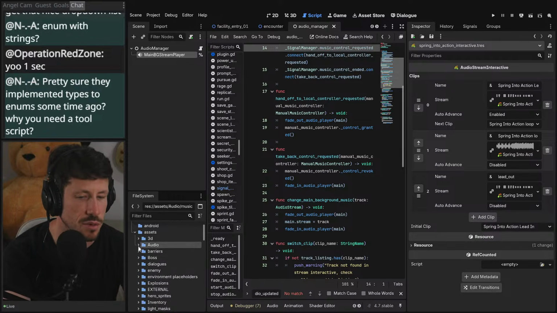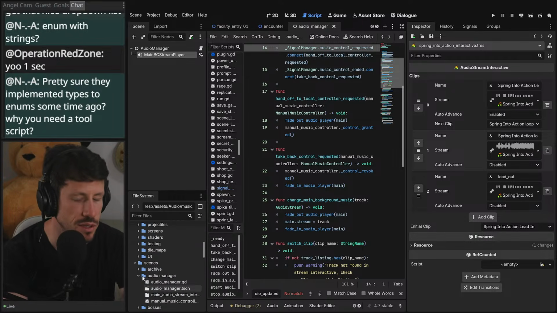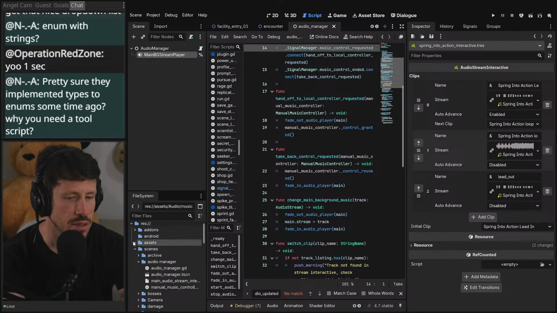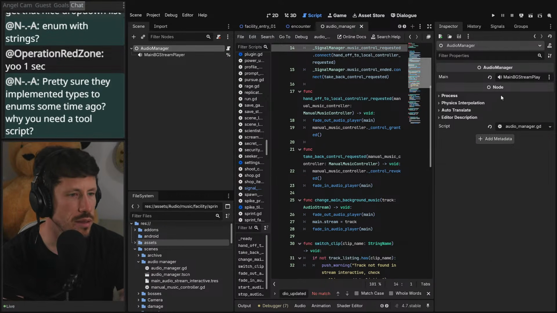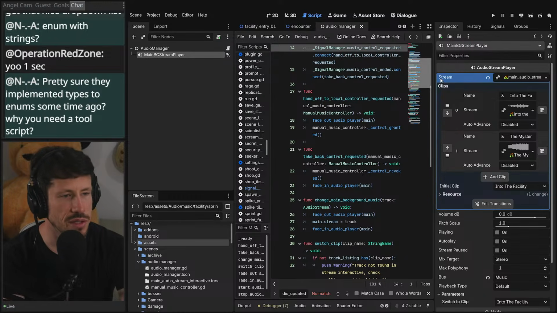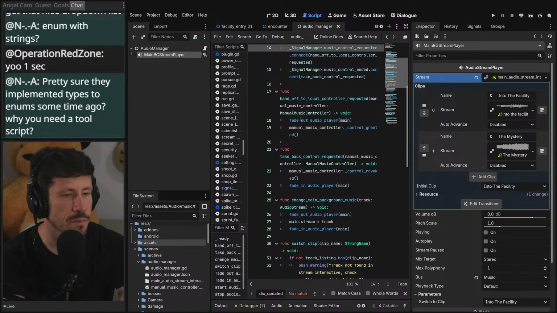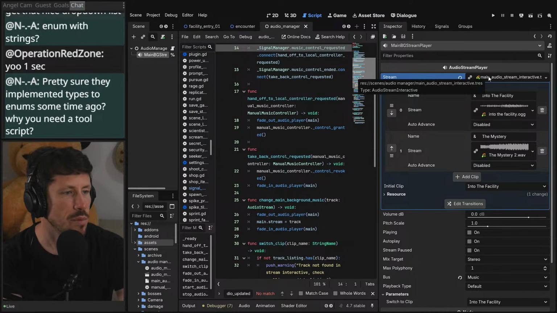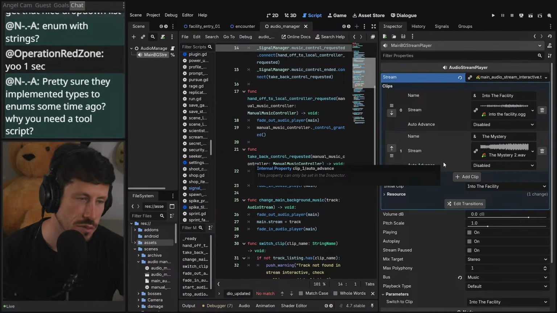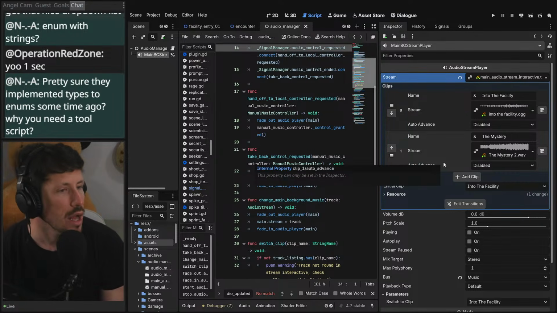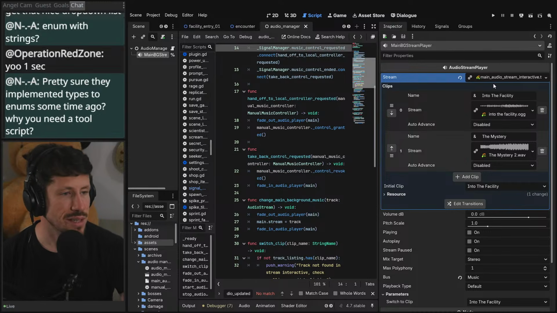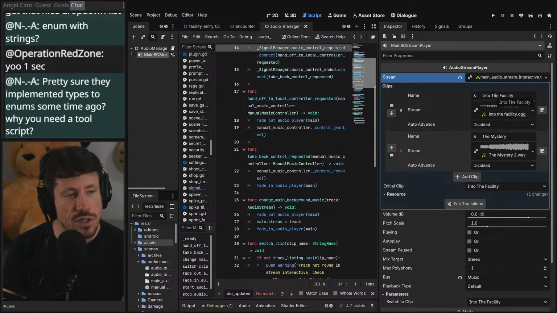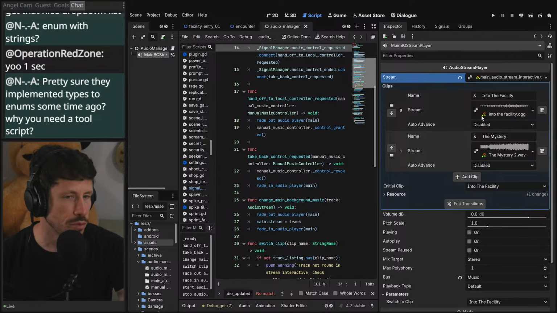Yes, and I was in the process of explaining why that would be necessary, but I got distracted, my bad. Let's go to scenes, audio manager. We're in the audio manager, so let's just look at it. What I've decided to try is that all the tracks that can be played as background music will be held in an audio stream interactive, which is just a big list of tracks. Theoretically, you could take this audio stream interactive, extract the name of the track, and give it a drop down for the